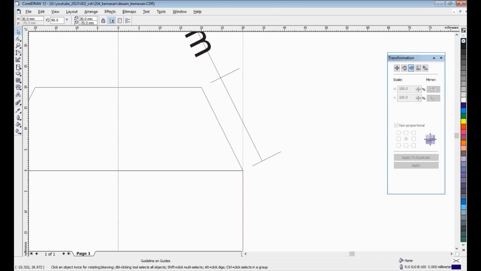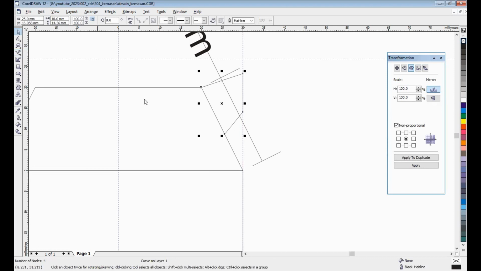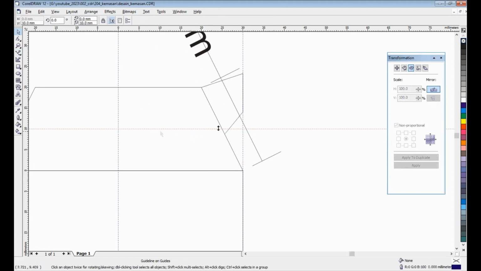Okay, this here. 1, maybe 2, like this. Now I check this guideline. Maybe 10. Okay, maybe 10. I will move here.